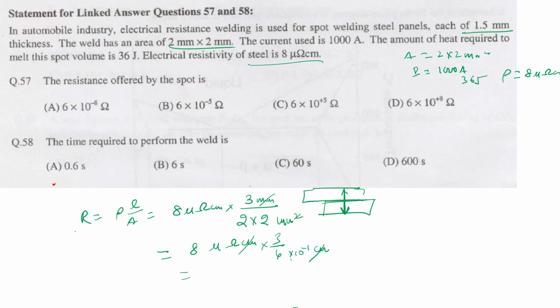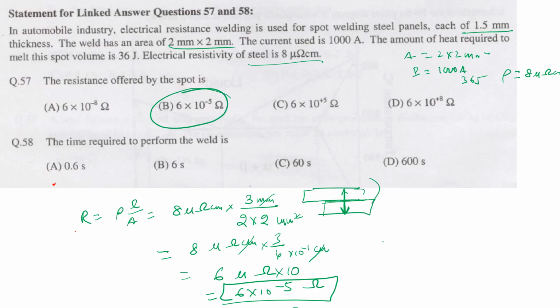So basically 8 into 3 by 4, so it will be like 6 micro ohm, so we can say 6 into 10 power minus 5 ohm, right? So option B. Now the time required to perform the weld is,